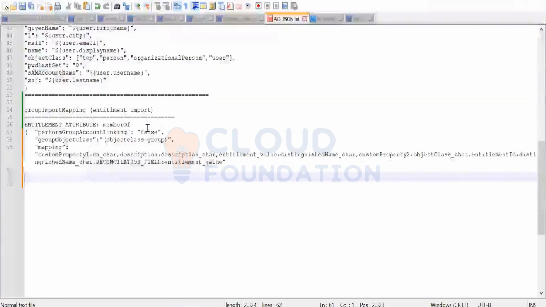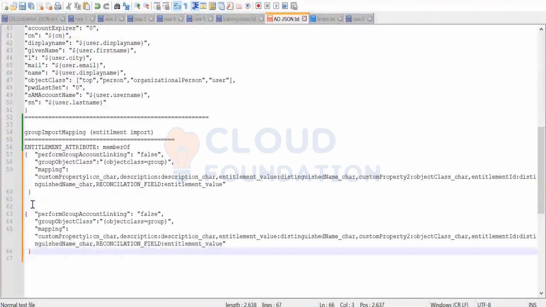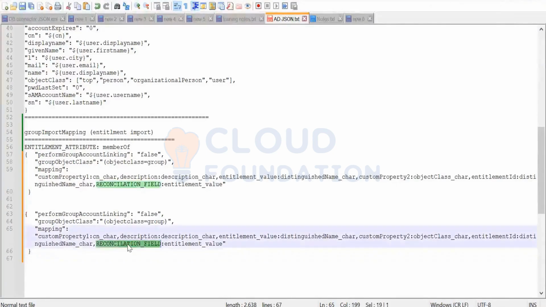If I go to JSON, it is the same JSON. It's like one of our fields. It was missing for the reconciliation field. What we are taking is the object GUID, and I have taken the entitlement value here. And the format that we were passing earlier,